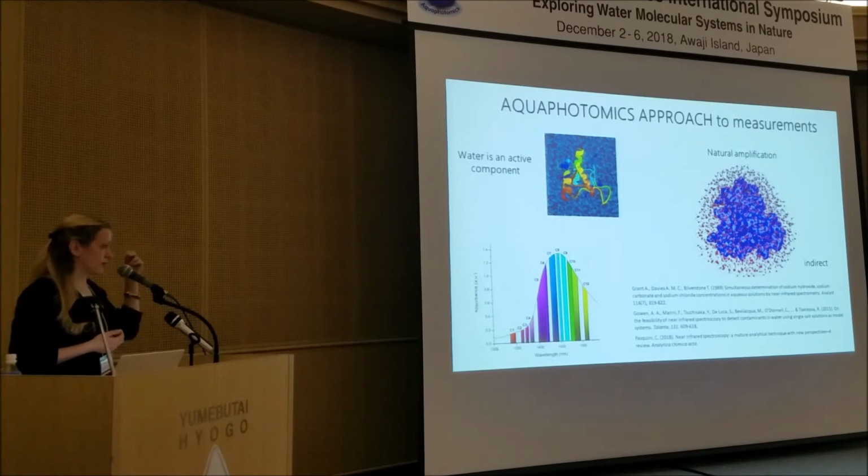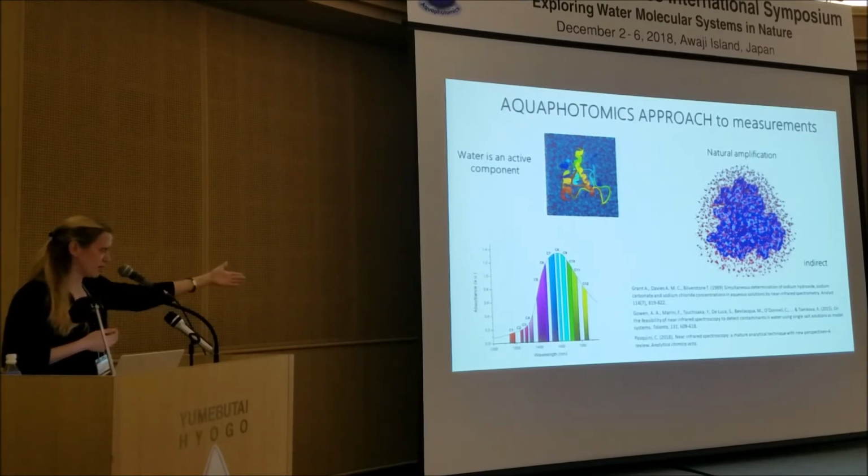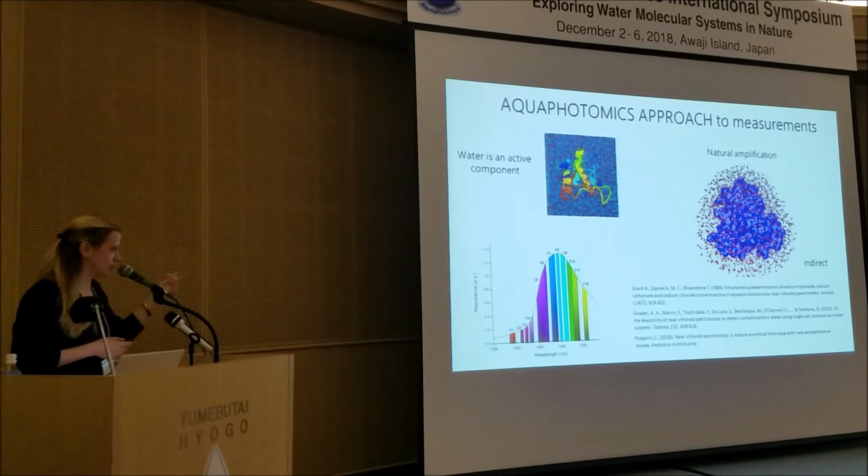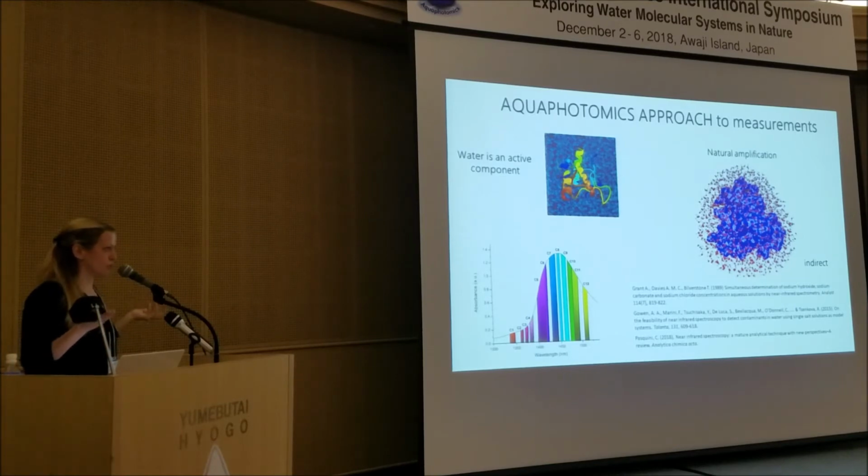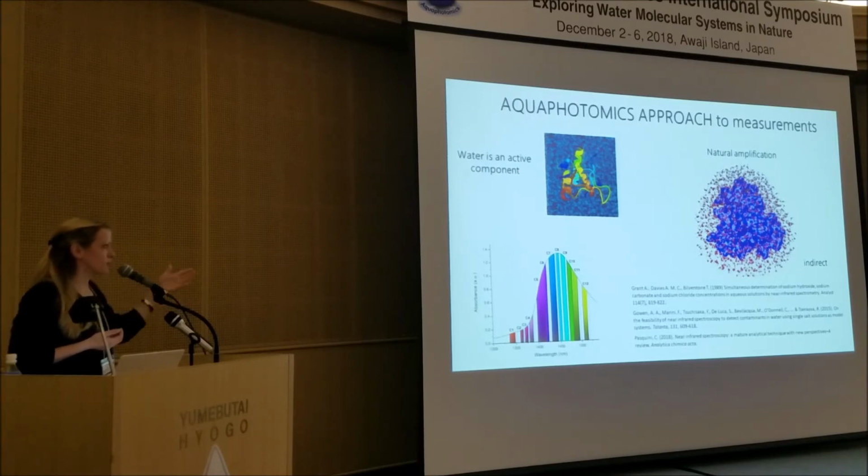The point is that this indirect approach to measurements was reported 30 years ago by sort of pioneers in near-infrared, which I cite here in this paper. They reported that they were able to measure salts in water. And salts, since they don't absorb in near-infrared, illustrate perfectly that you can measure anything by looking at the water absorbance bands. This is further confirmed in a study by Goen et al. And recently,